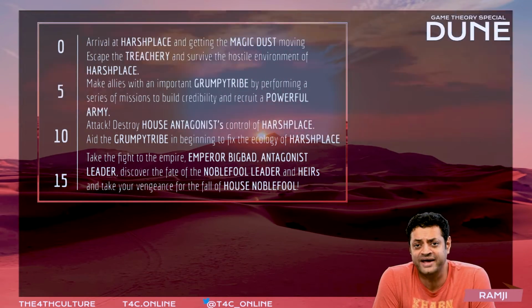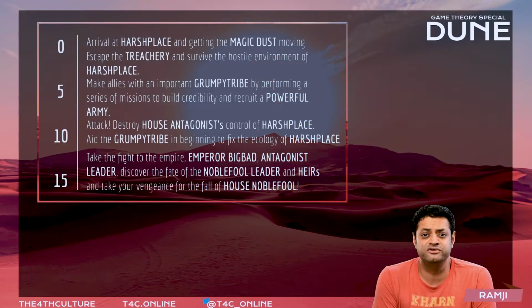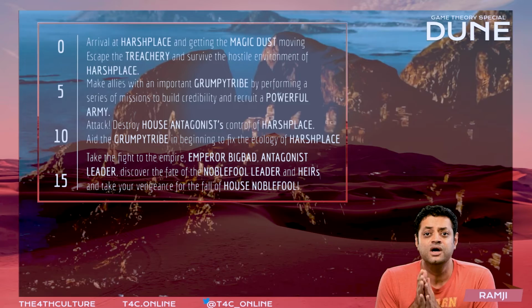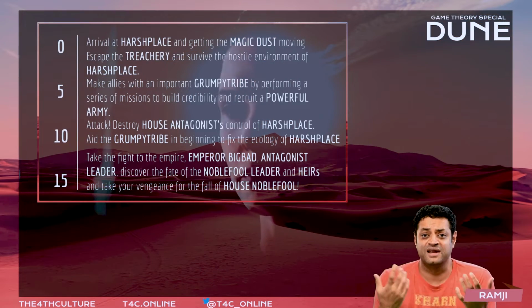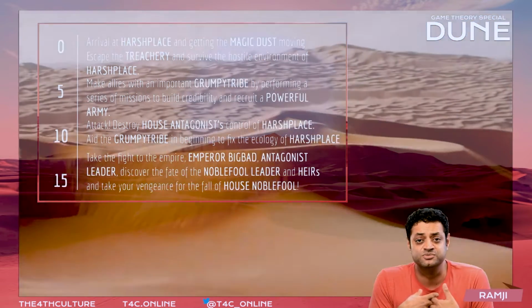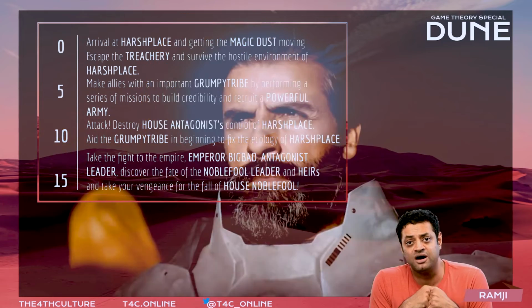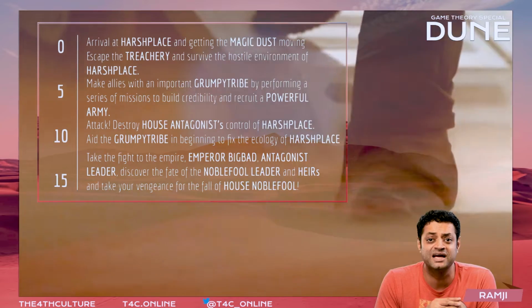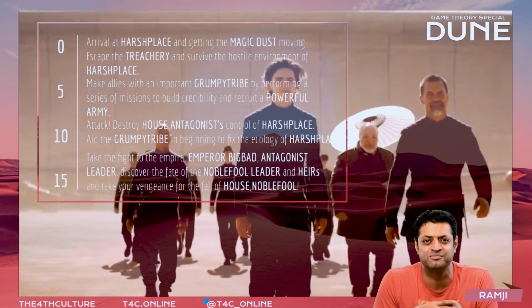And I think part of that is the level 0 characters run around doing fetch-quest character missions, kind of getting everything together and then getting to HARSHPLACE, whereupon they then have the job of getting the magic dust moving, figuring out the sabotage that has happened, determining that there are these assassins, foiling a couple of plots, maybe chasing down some baddies.